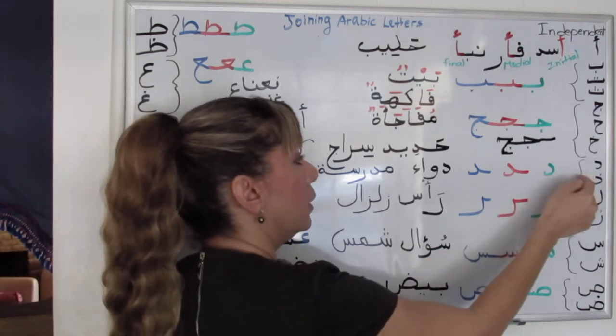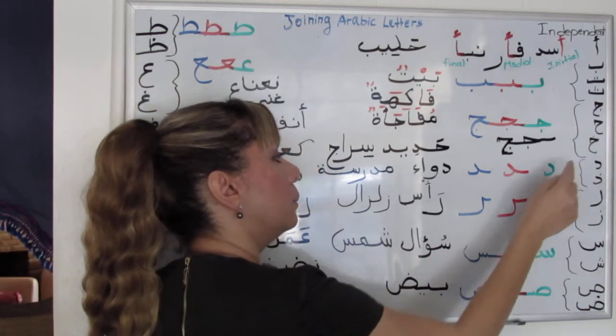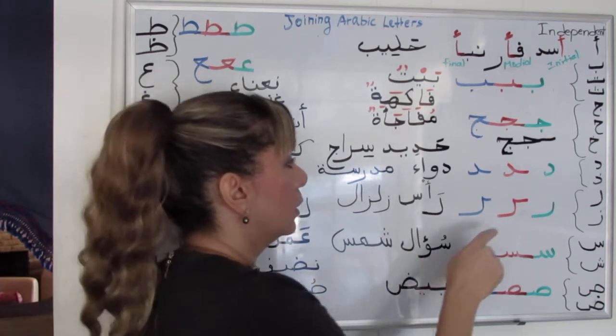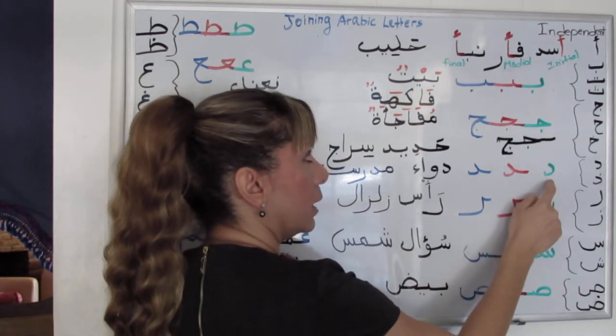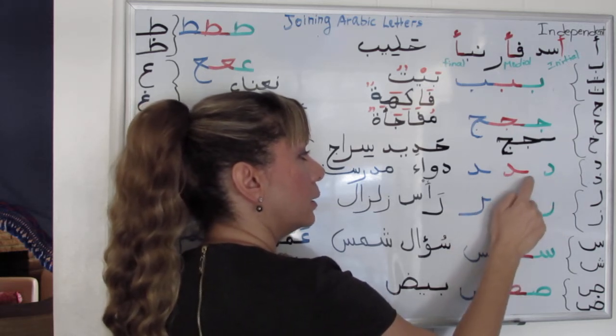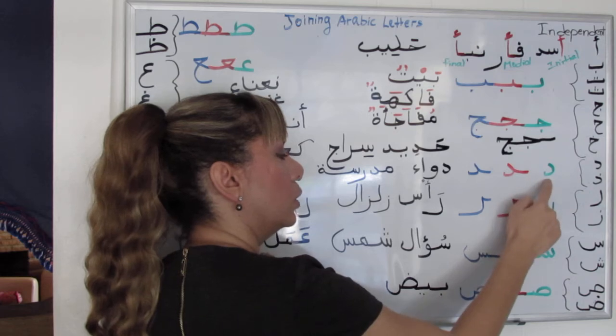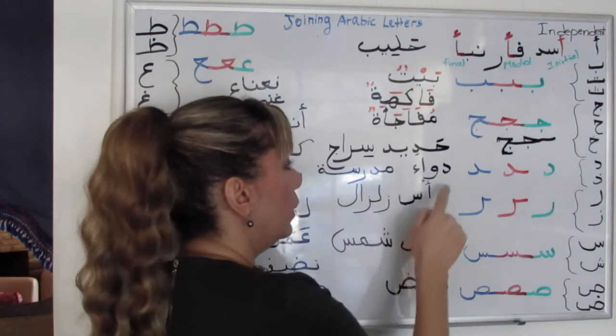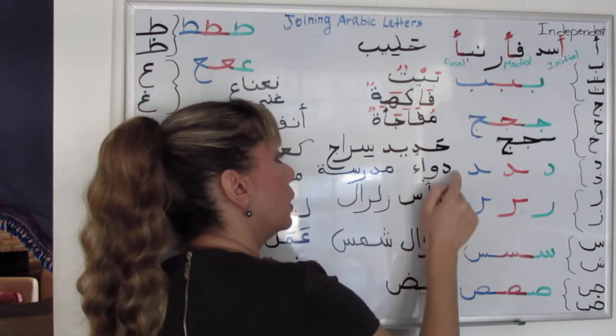We have a dual similar letters here, dal, dal. It stands by itself in the beginning, the middle and the end. It needs a little handle, a link to the previous letter. Here we have an example